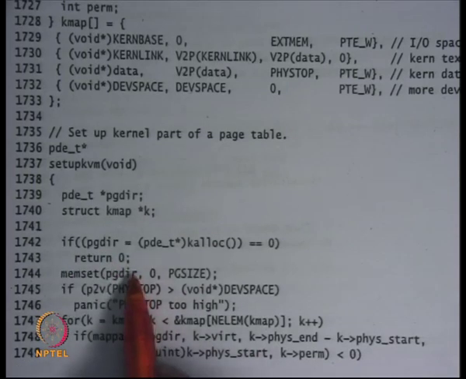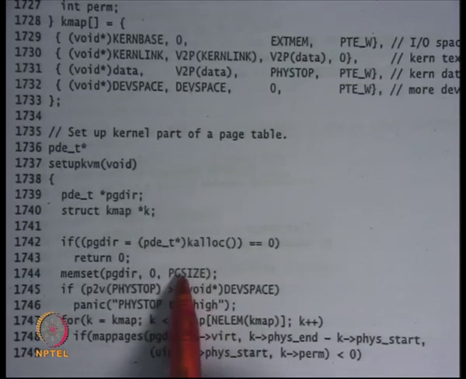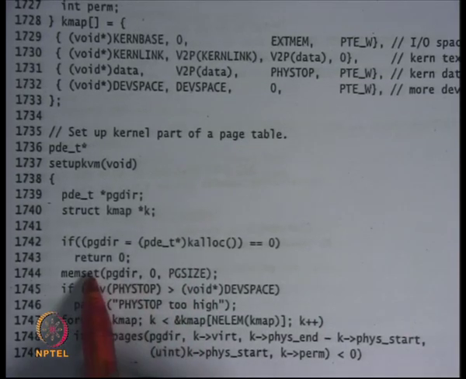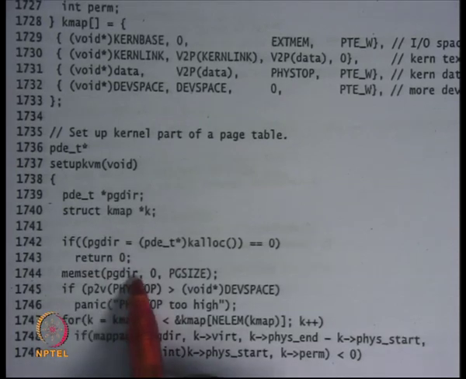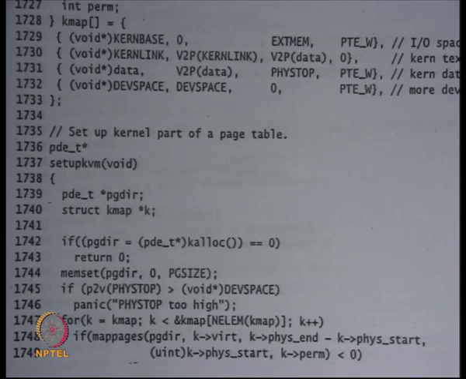The next thing it does is zero out the pgdir. The pointer it gets has a 1 page size memory area that can be used. Page size is 4096 bytes, and recall that our page directory structure itself was 1 page, so 4096 bytes. So memset(pgdir, 0, PGSIZE) means zero out the entire page.